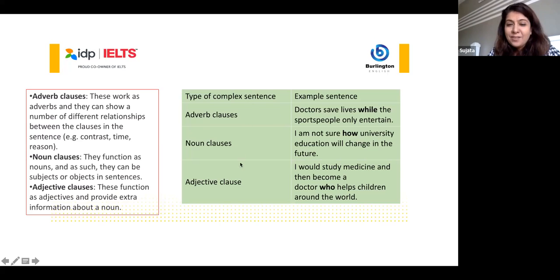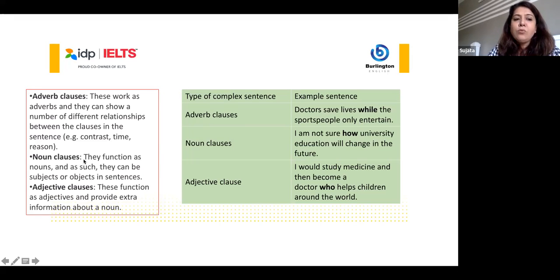Now, if you have to really understand these, you can look at what I have put in the first column. Adverbial clauses work as adverbs and they can show a number of different relationships between the clauses. Okay, so that's one. You don't need to have this in your notes, whether I'm writing an adverbial clause or an adjective clause, but just see how much range I'm using, and that I'm not repeating. So that's the range in grammar that we're looking for when you speak. Then only we can give you a higher range band. Okay, so we are so explicit in letting you know what can get you to a higher score. You need to work towards it. And this slide is inspiring you to accomplish it.